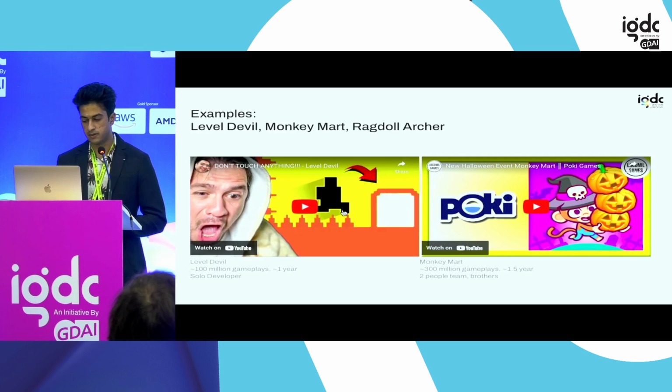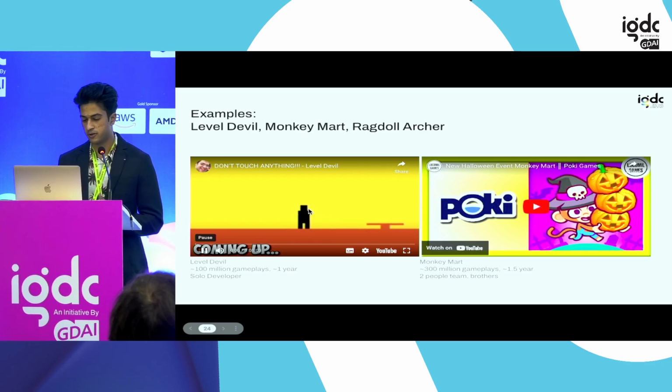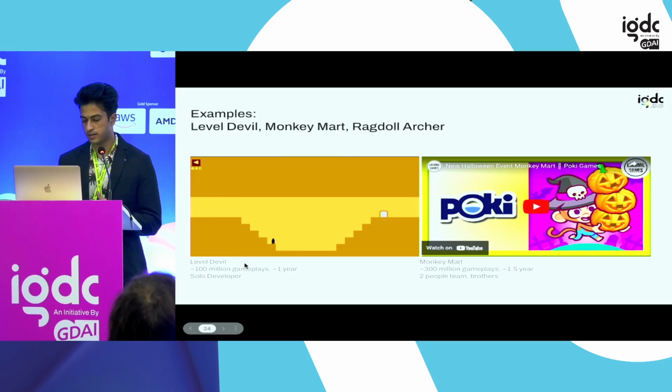these are two games that are very popular on Poki. Level Devil is a very simple troll platformer game. You are just a character, very simple art, and you're running around. There's some kind of troll happening in the level. It's more like a viral theme mechanic game, so you have to figure out how to cross the level without dying.